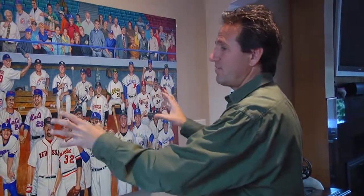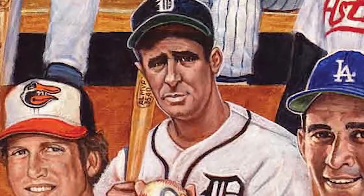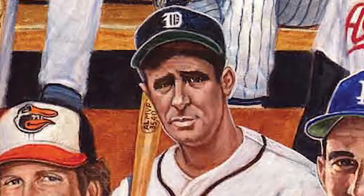Originally, everybody on the field is obviously signing the print, and we didn't want to leave him out. He was going to be in the crowd because you couldn't have this painting without having Hank Greenberg in there. But after talking it over with Steve Stone, and I think getting some input from Jerry Reinsdorf and also from Hank's son Steve, we decided it would be right to put him on the field